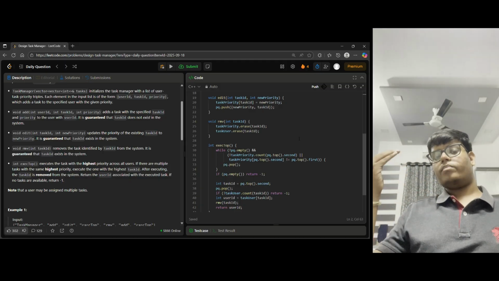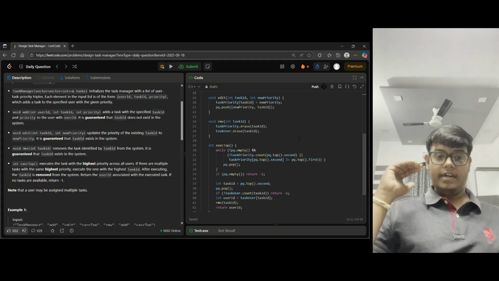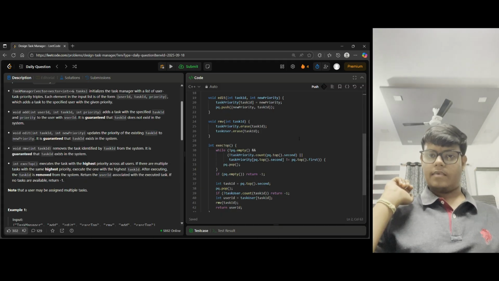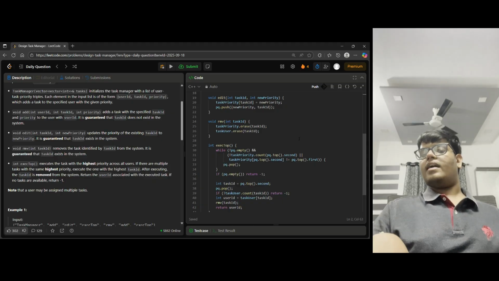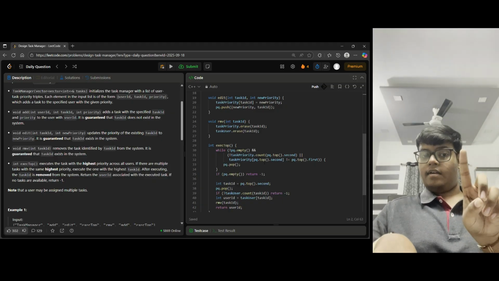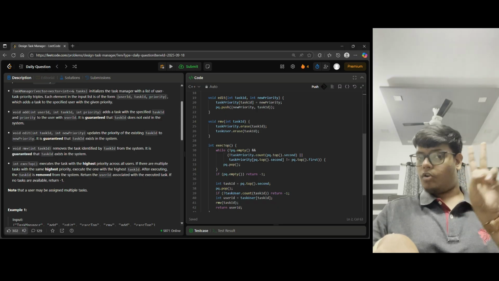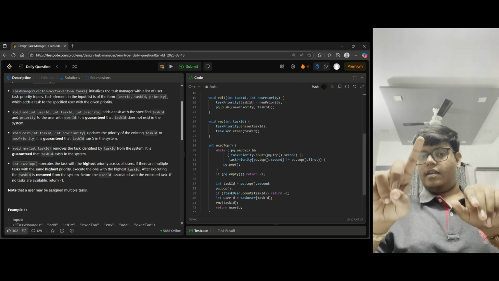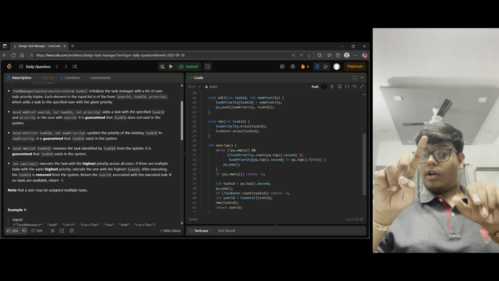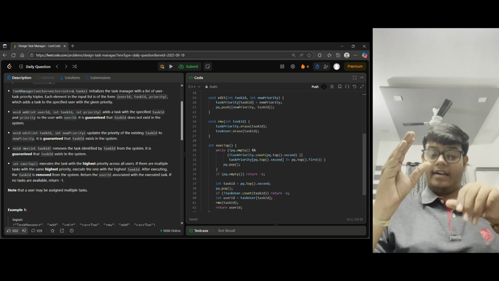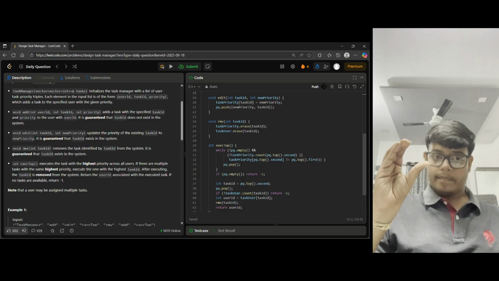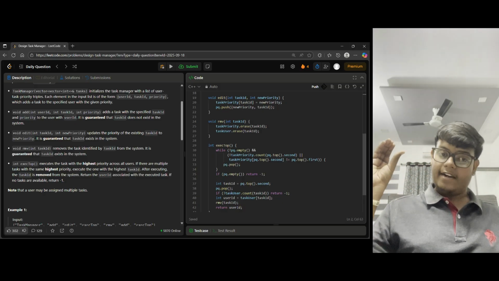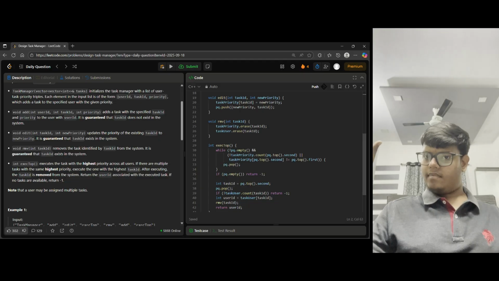But the top still consists of 100 and that particular task ID. So if the task ID exists in our map, which means the task ID is not removed, and if it exists, I am checking